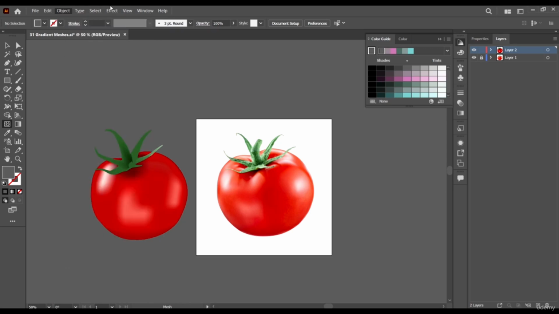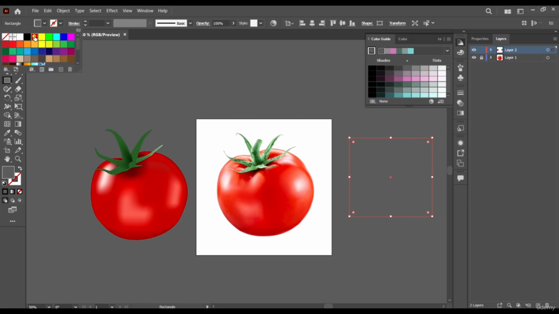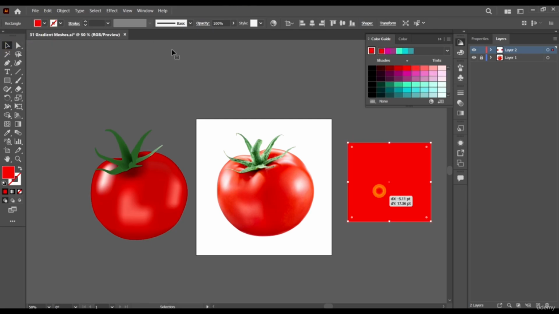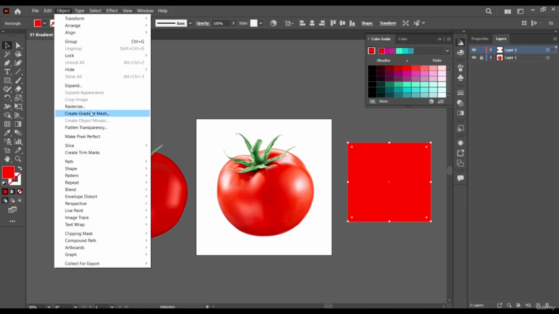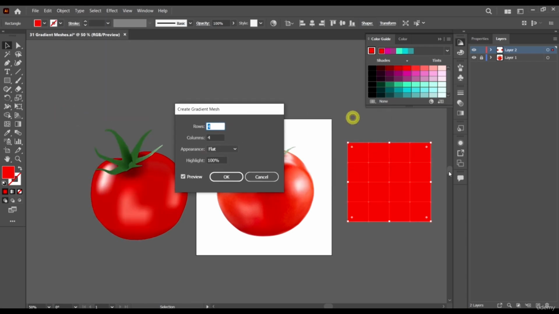So when you create a shape like this, maybe give it a red color, and then come to Object, we see that we have an option here to create gradient mesh. If you click here, you're then going to immediately see that your shape has now been subdivided into the number of rows and columns which we have here.